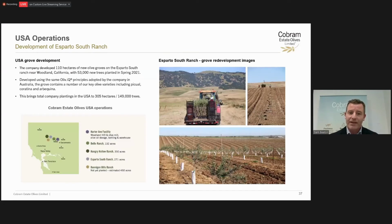In terms of the USA, we have 4 grove sites just out of Sacramento, in between Sacramento and San Francisco in California. We have over 300 hectares planted. We have another